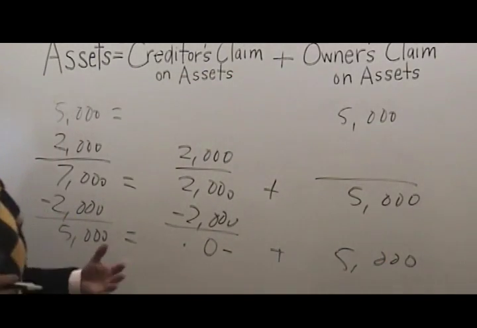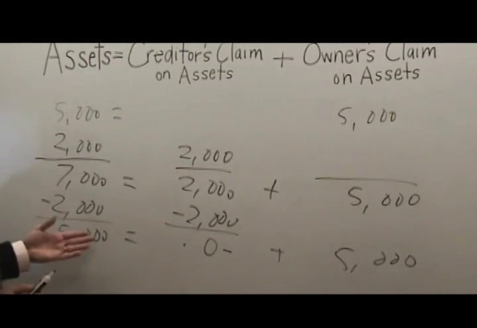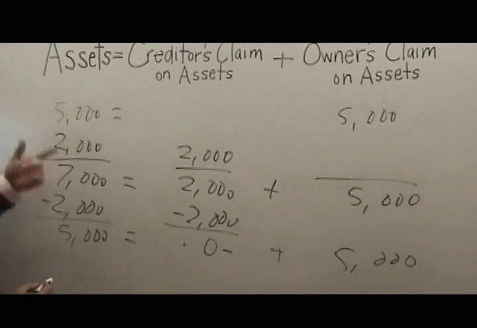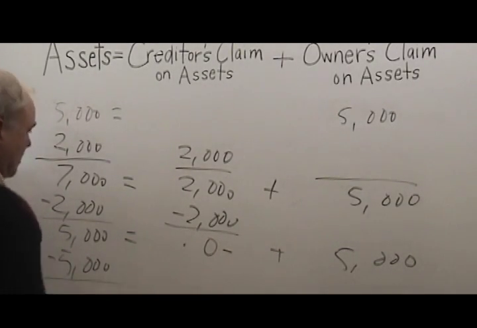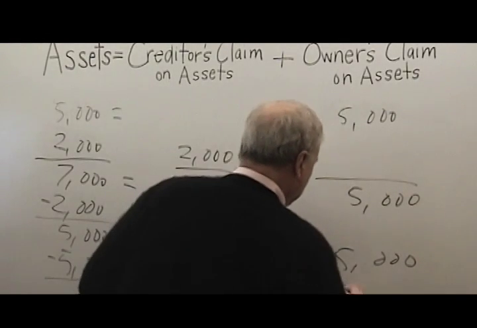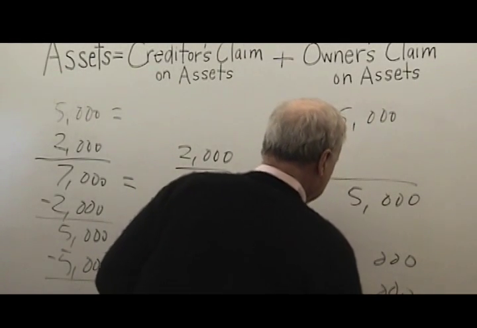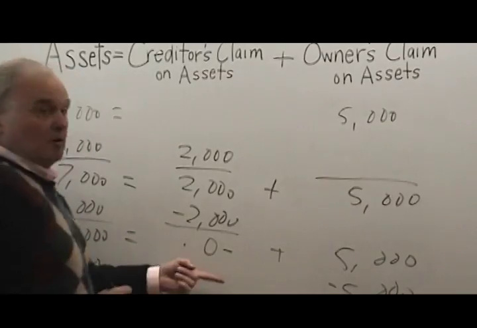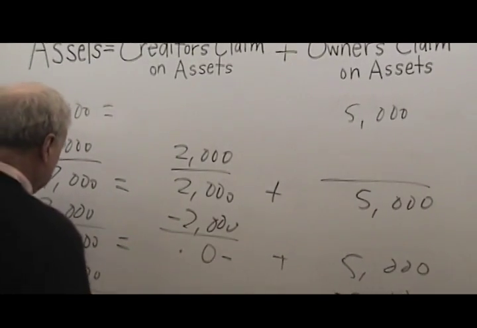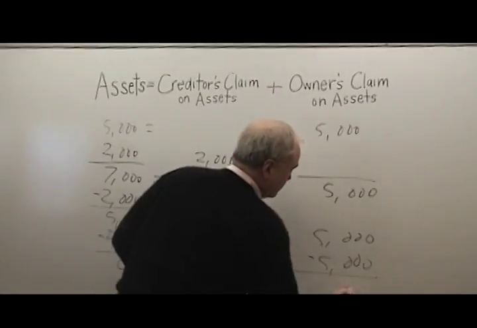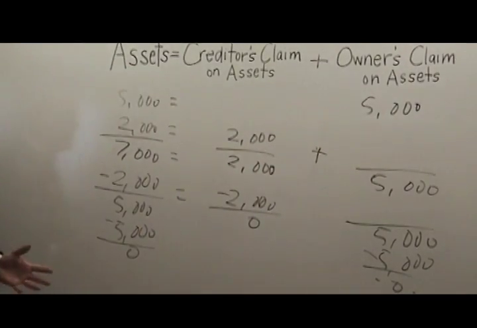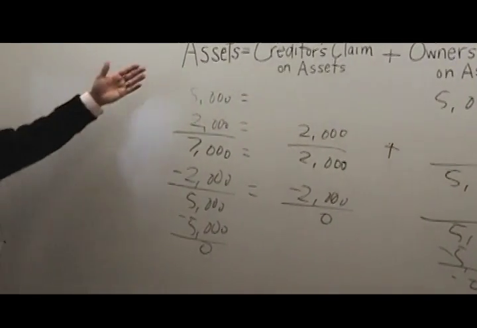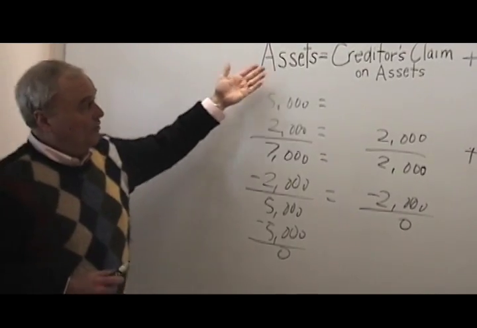Then you would take your own money out of the business. Notice what would happen. The assets go down by $5,000 and your claim goes down by $5,000. Again, a double entry and an equation that continues to balance. Got it? If you do, you're well on the way to understanding the fundamental accounting concept or the fundamental accounting